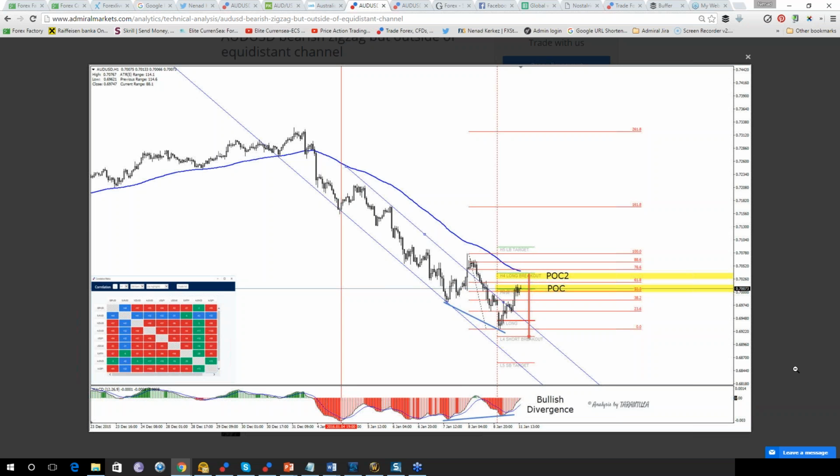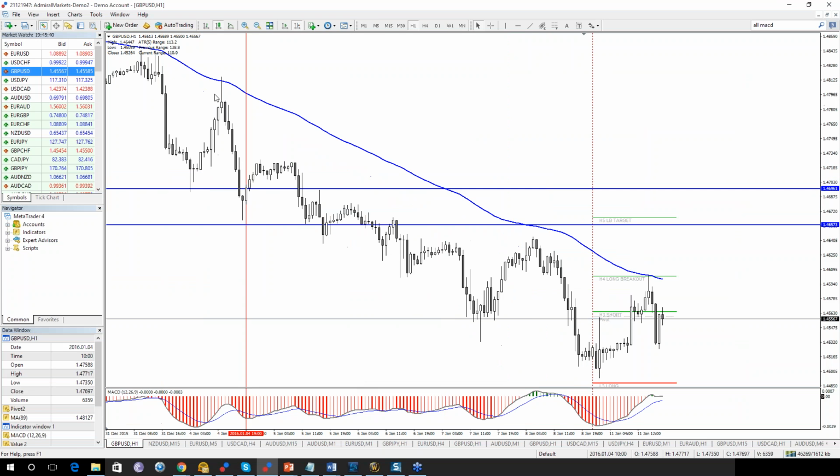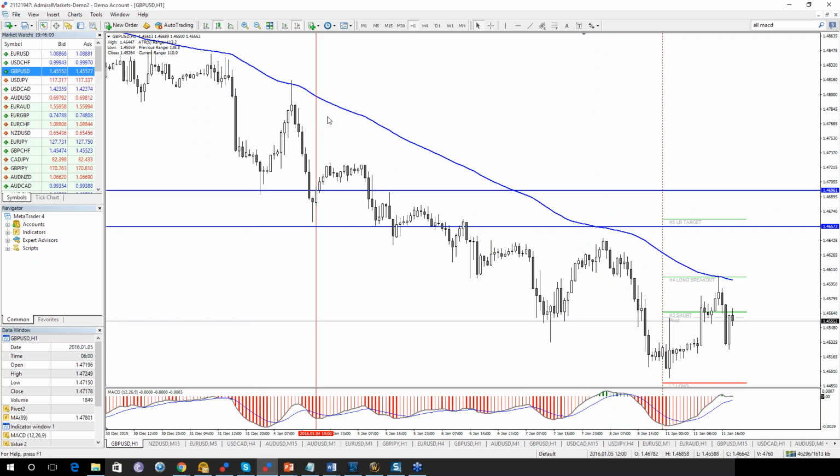Is that clear? So E89, nope, it's not clear. Okay, let me try to explain this again. T89 is only when it's confirmed. You see, this is confirmed, T89. Okay? It's confirmed because we have a pin rejection. E89 is short for EMA 89. Unless we see it like this, it's still EMA 89. So EMA 89 is E89 unless we see a rejection.